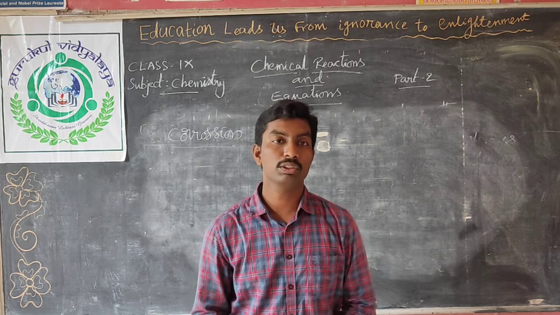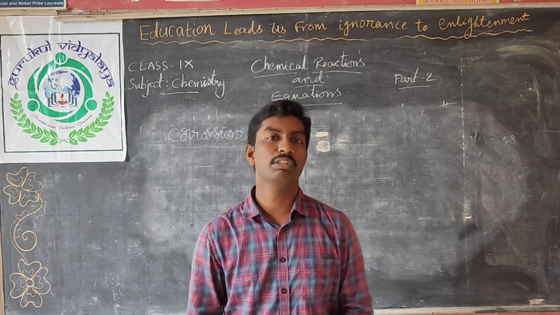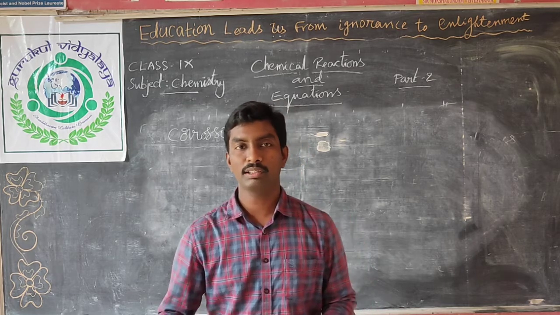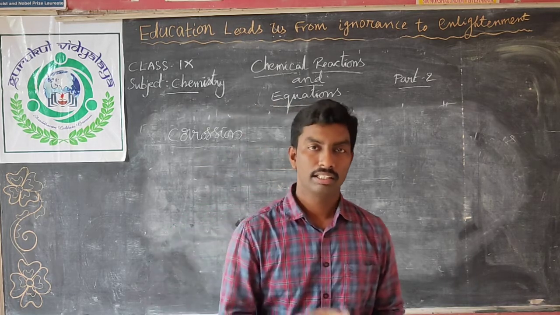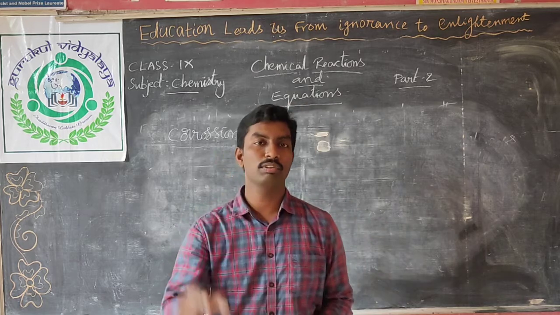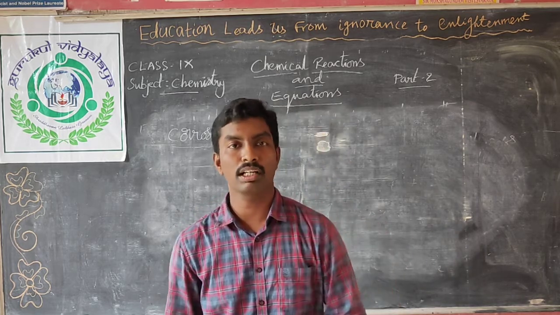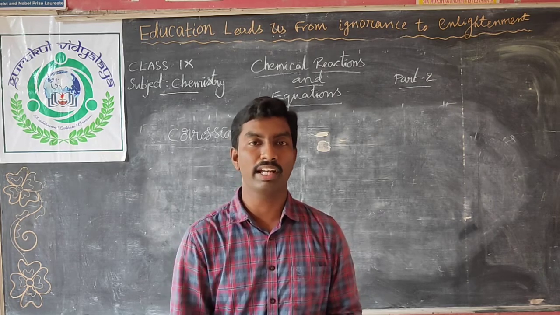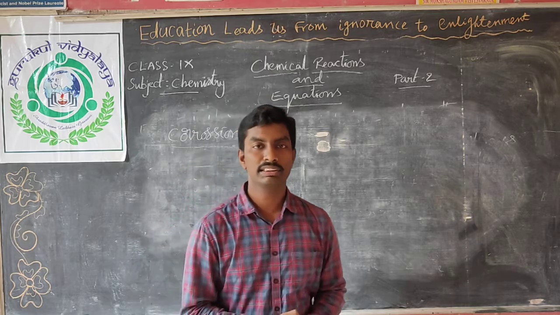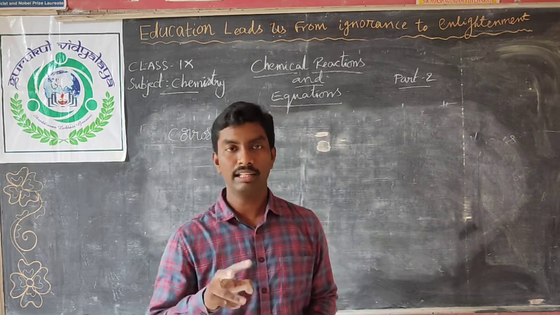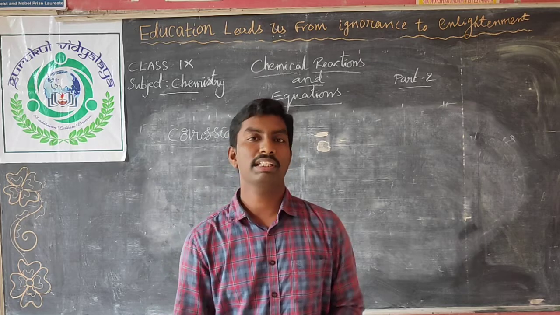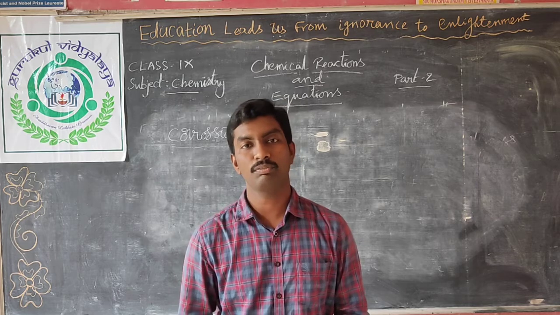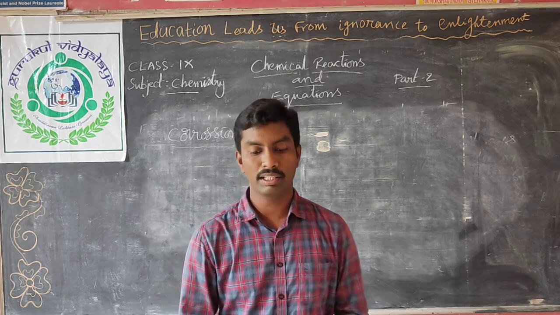And in your home also, some silver utensils will be there, a silver spoon or silver glass. Sometimes, while we are using or not using that utensil, we will observe a black color deposited there. That is due to corrosion. That means silver is reacting with hydrogen sulfide, H2S. Then we will get a substance that is the corrosion of silver. We call it tarnishing of silver. So this is one of the topics about corrosion.